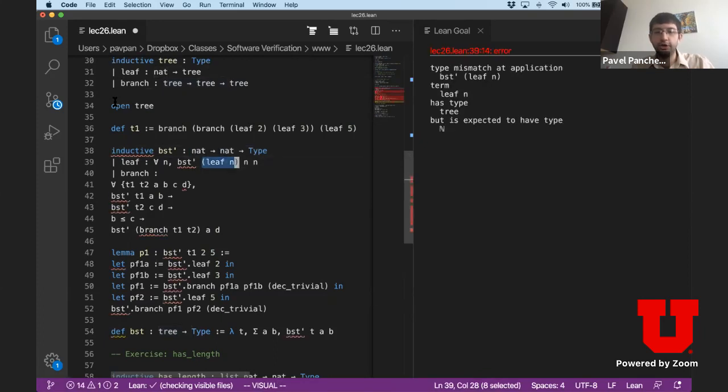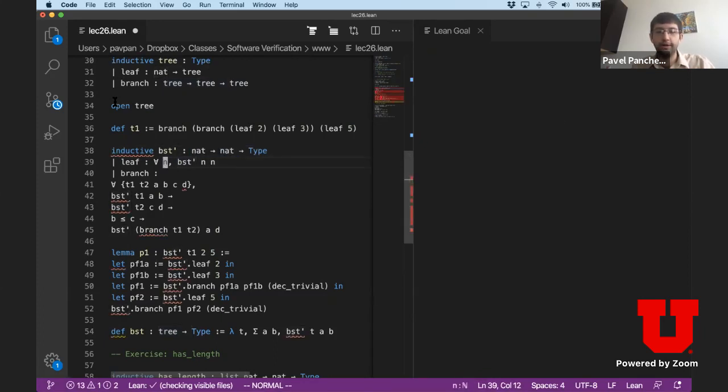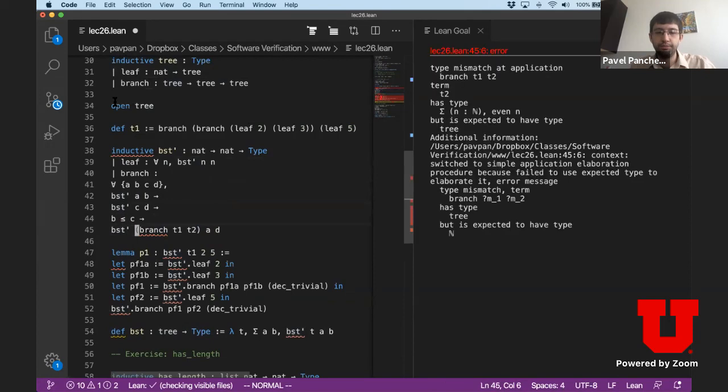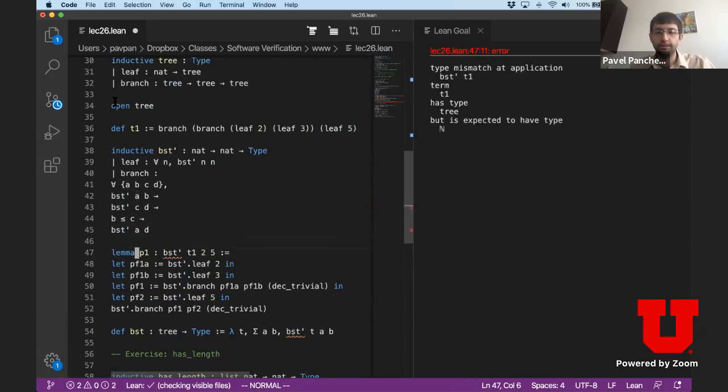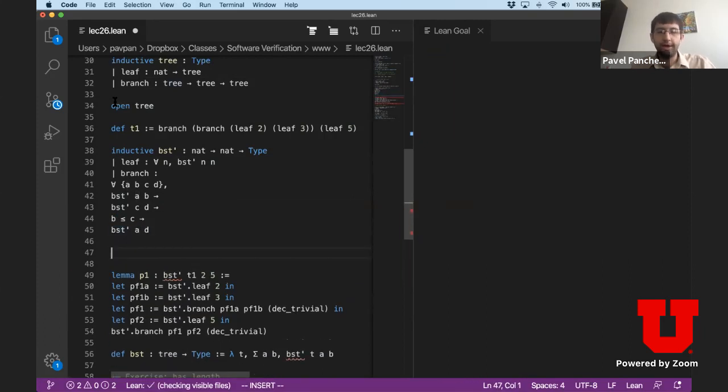Instead of taking a tree as an argument, we say that the leaf node just takes a natural number, and it's a binary search tree with minimum and maximum values of that number. And instead of a binary search tree branch as having two subtrees, we just say that it has two arguments, which are themselves trees, and also a proof term, and that produces a tree on its own. And now we can actually